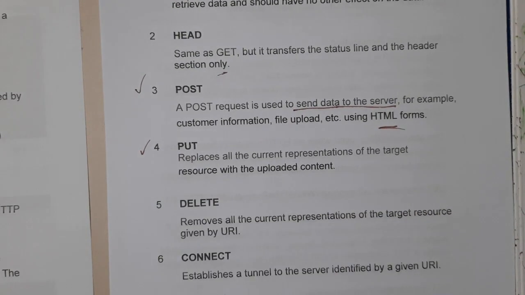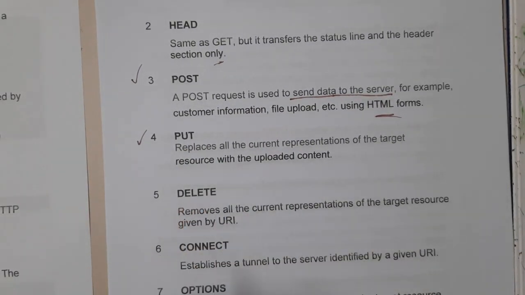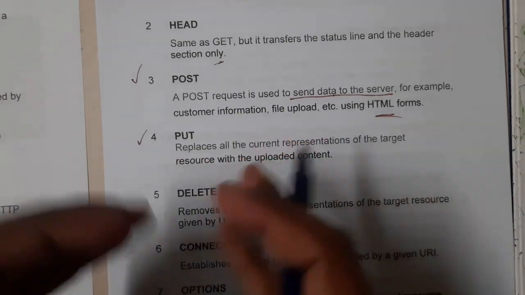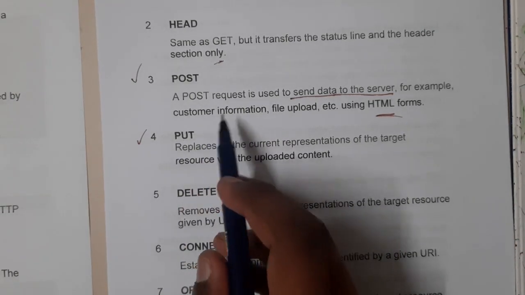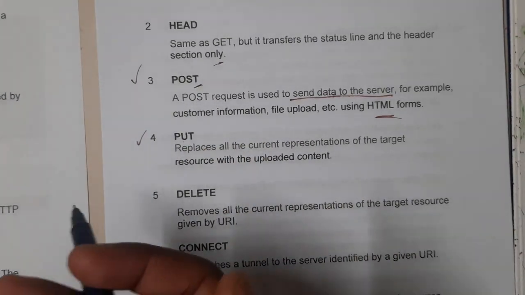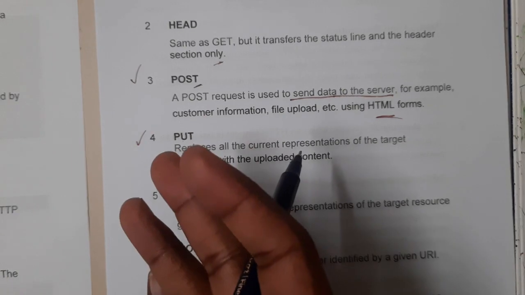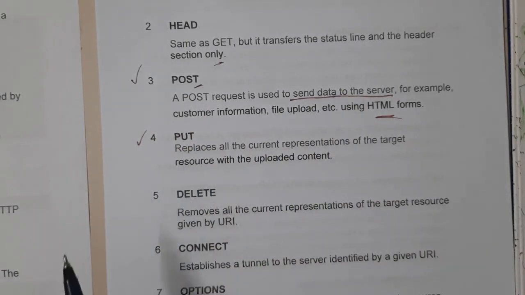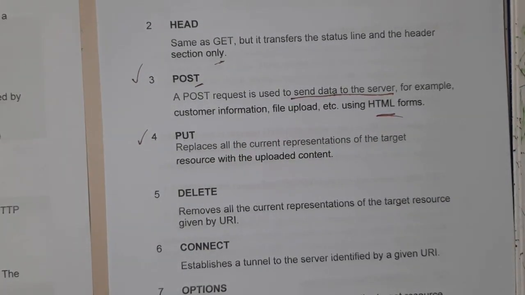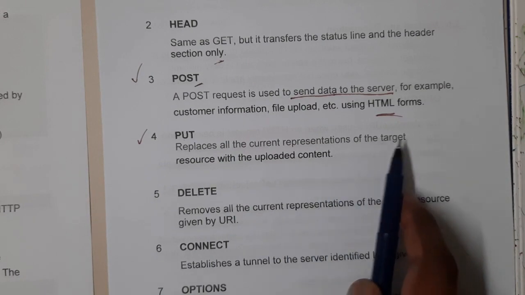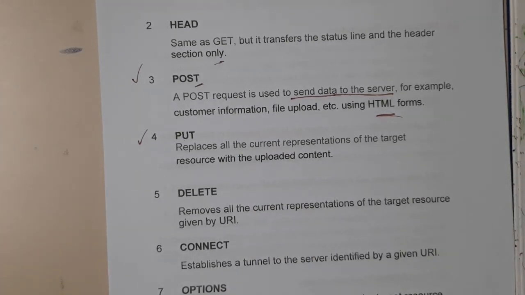Similarly put, here you will be replacing or updating. You update your status on Facebook and many places, right? The same thing is nothing but put. A few people might be confused between put and post. With post, assume you are using Facebook, Instagram or any social network in which you will be posting your image, everyone can see it and receive it, so there you're sending data. Whereas put, if you remember post, you can assume that put is just updating it. It replaces all current representations of the target resource with the updated content. You'll be sending new content with your details and that will be automatically updated once it reaches there.